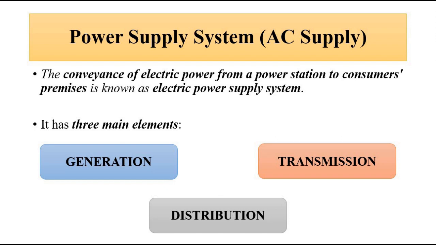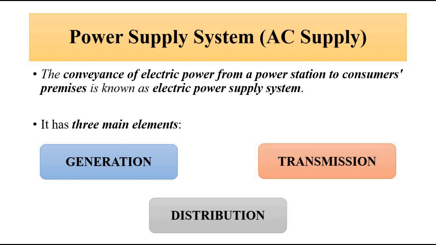So this conveyance consists of three main elements of the power supply system. First is generation. At the power station, the electric power is generated. It has different sources. That is a different topic of discussion. So first is generation, second is transmission, to move the electric power from one point to another, and then distribution, distributing or giving the electric power depending upon the requirement of different